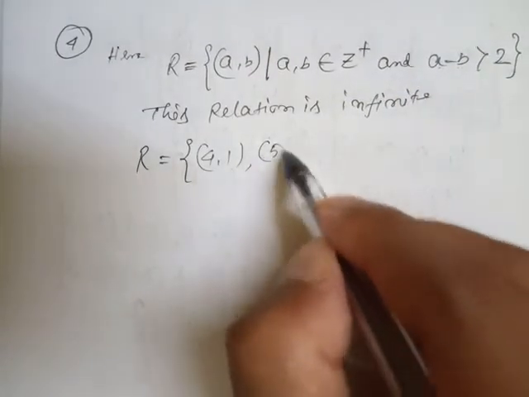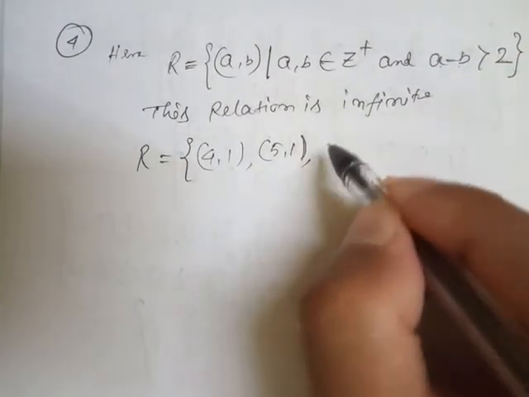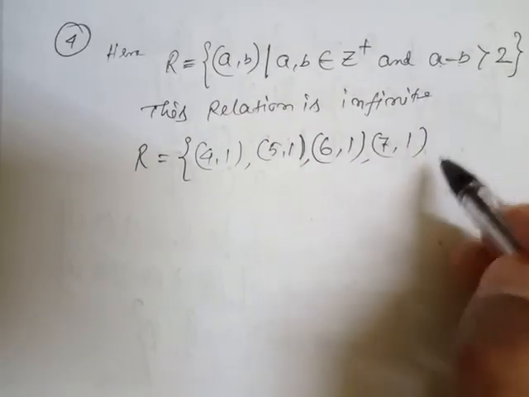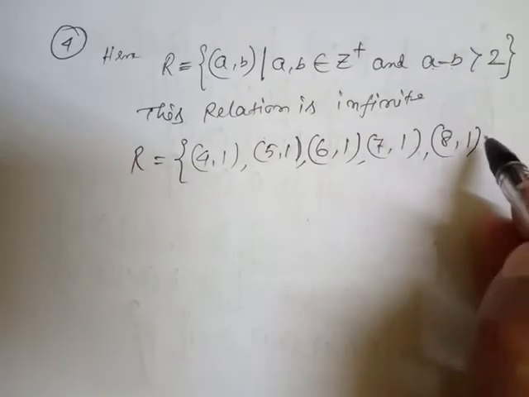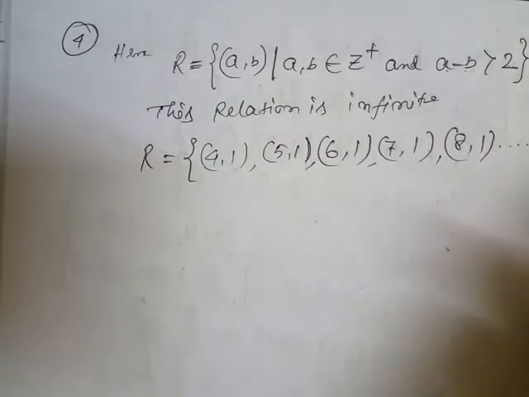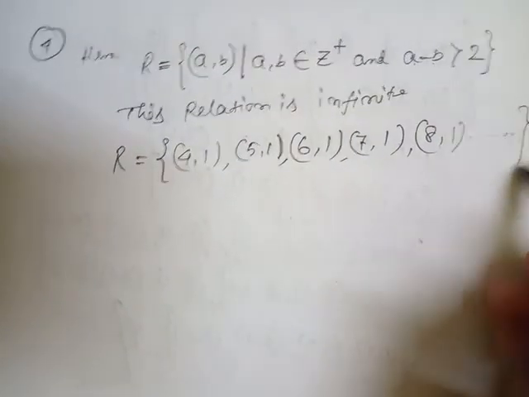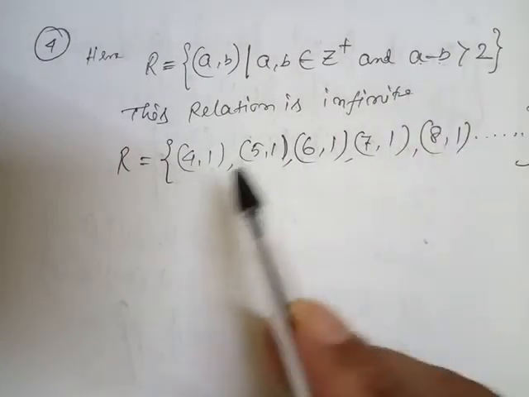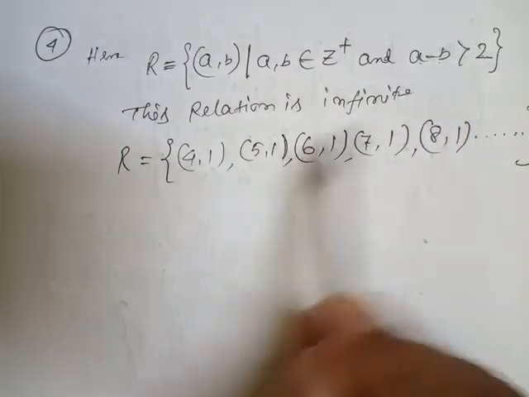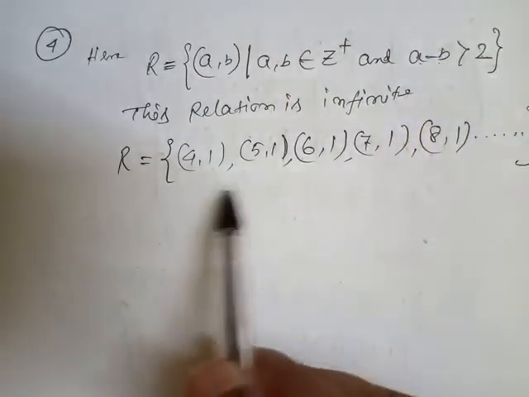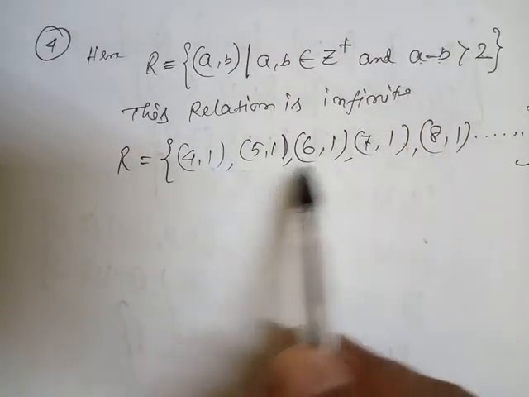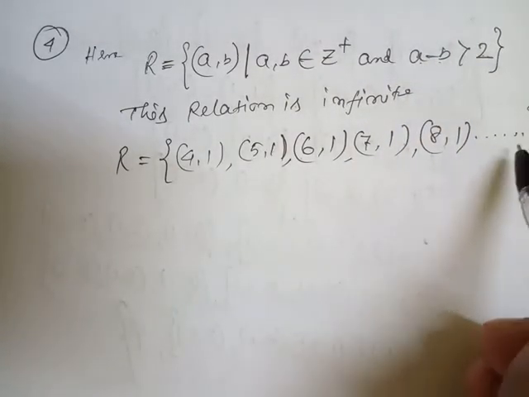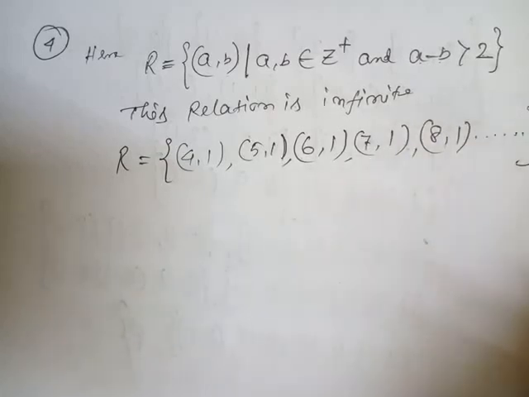Then 5 minus 1, then 6 minus 1, then 7 minus 1, then 8 minus 1, and it will continuously go on up to an infinite number. So starting from 4, all these digits if I put here, 4 minus 1 is 3, bigger than 2, 5 minus 1 is 4, bigger than 2. Continuously, starting from here, these digits will definitely give bigger than 2, and it is infinite. Why? Because I can continuously put the numbers here, I can go on.